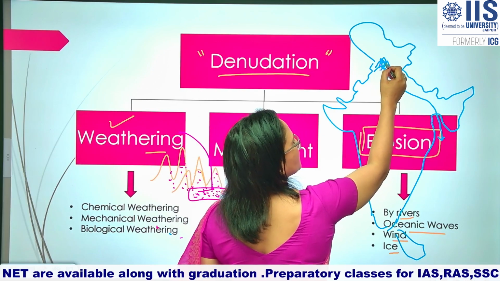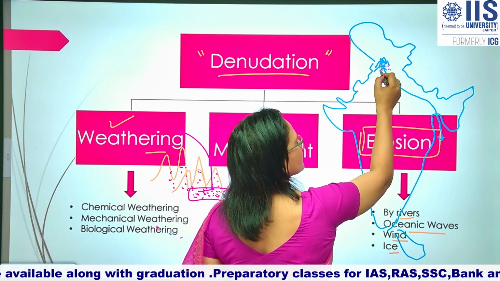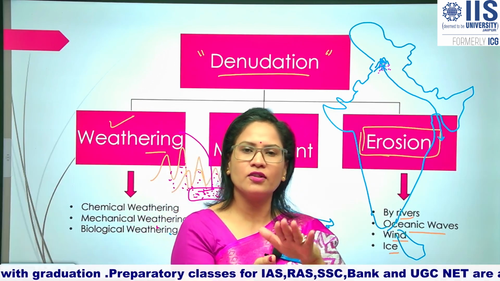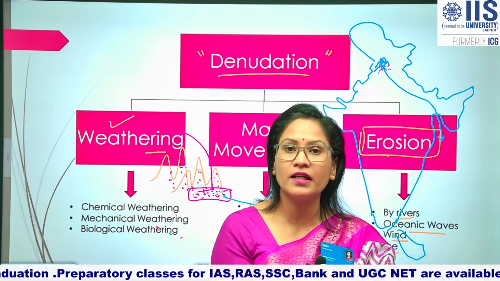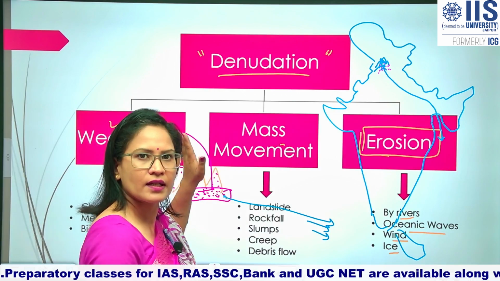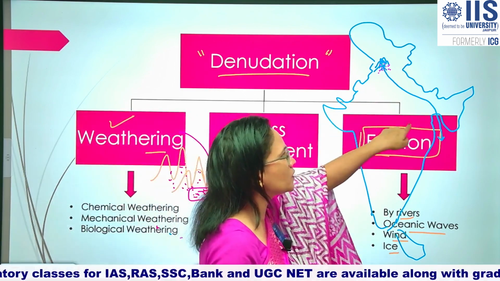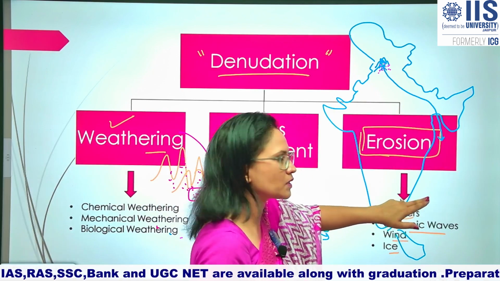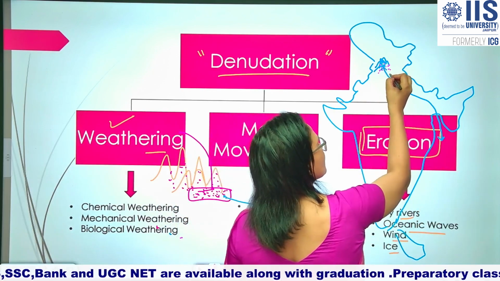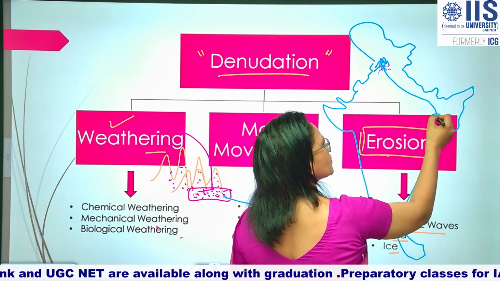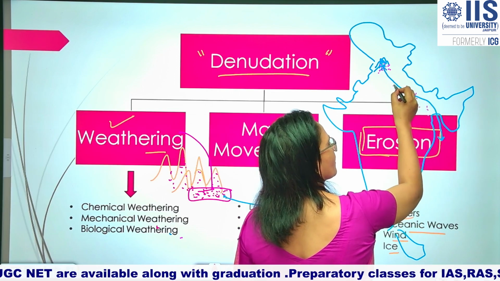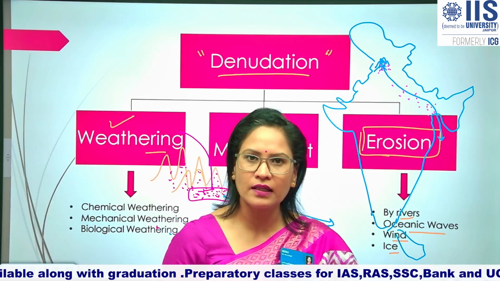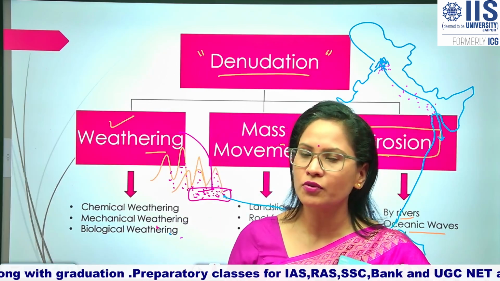If some debris material is collected in the foothill zone of mountains or Gangotri, then it will be known as the weathering process. But via flowing rivers, as we have discussed, with the help of water, if this disintegrated material is displaced from this region to this region, then this process will be known as erosion. Is it clear what is the difference between weathering and erosion?